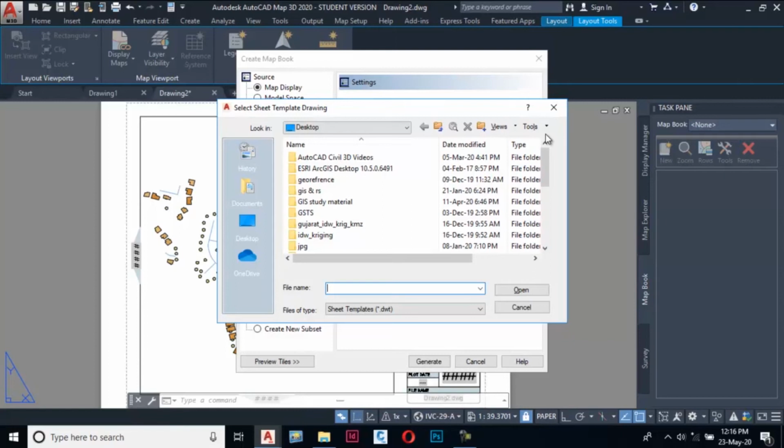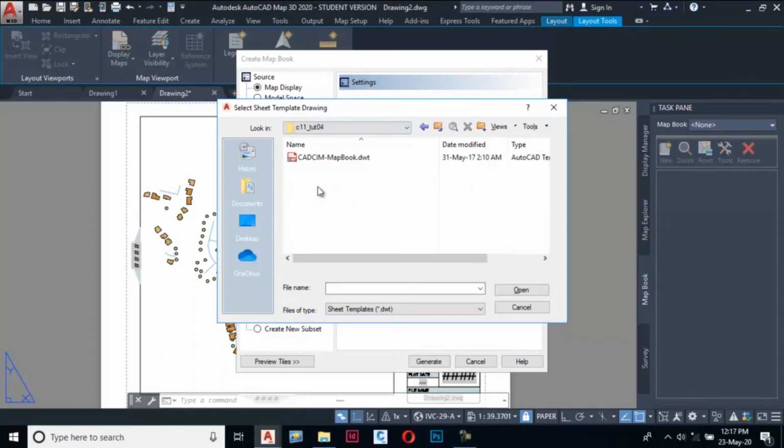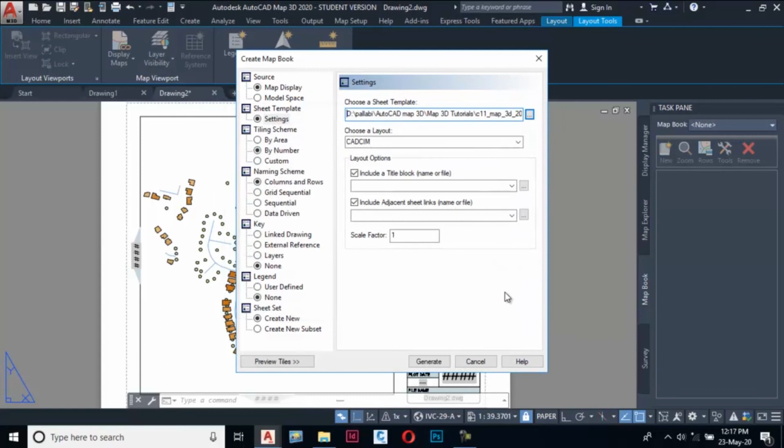In the Select Sheet Template Drawing dialog box, browse to the location. Next, choose CADSIM mapbook.dwt file and then choose Open button. The dialog box is closed and the path of the chosen template is displayed in the Choose a Sheet Template Edit box.